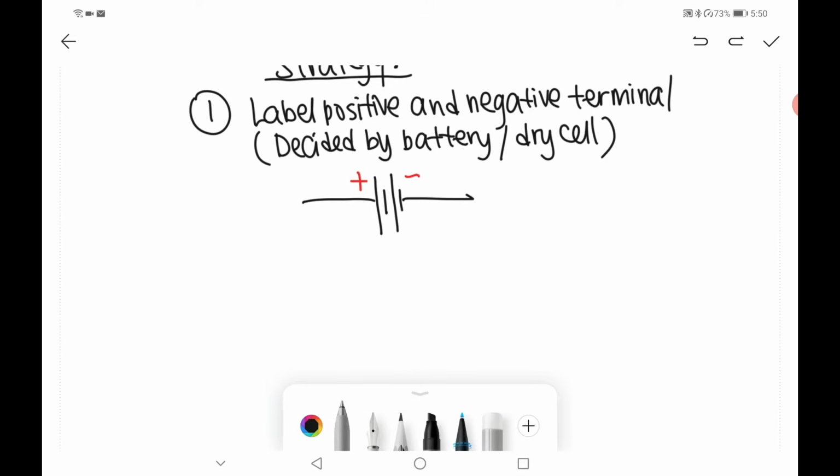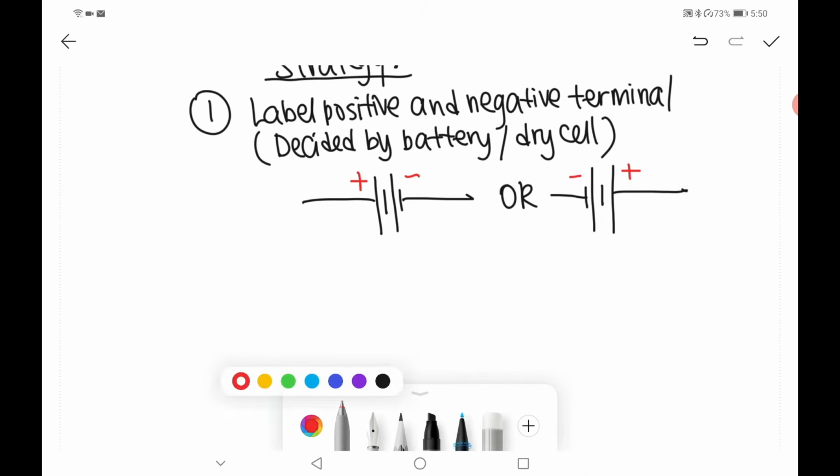They can draw the shorter one first, then the longer one. It's the same. The shorter side of the battery is negative, the longer side is positive. So you must know how to get the terminal by looking at the battery. After we know the terminal for the battery,